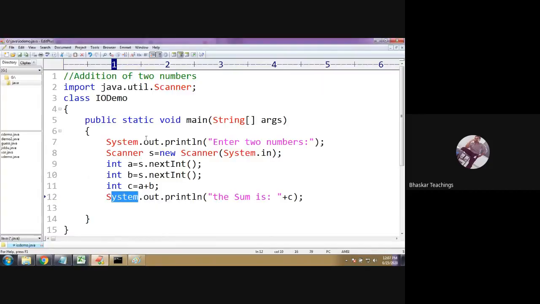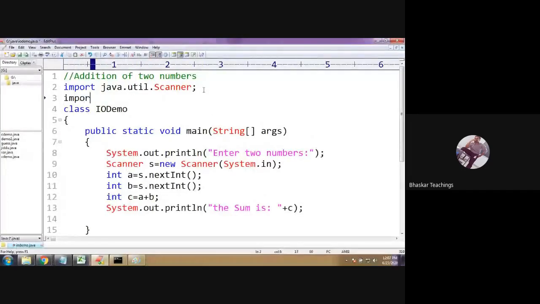Then why is it not showing any error when we are using them in our program? You need to import them also, right? Import java.lang, both System and String, or else simply an asterisk, which means all the classes will be imported. So this line has to be given all these days. But without giving this line, we were able to compile. Why? Because this is default.